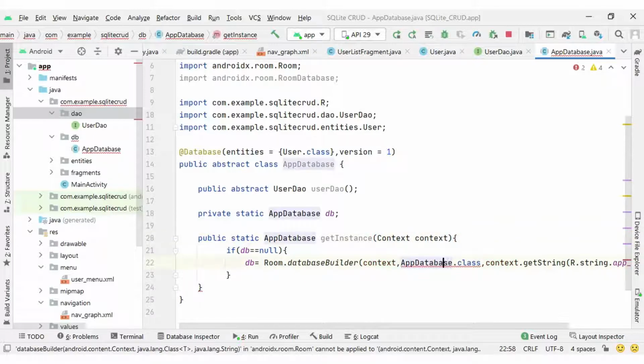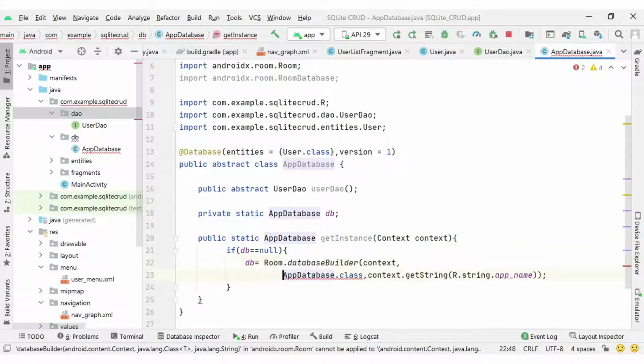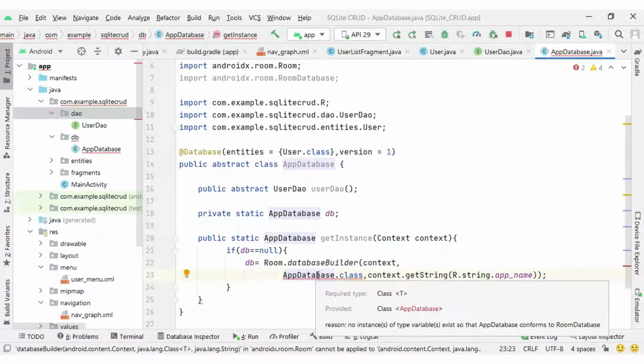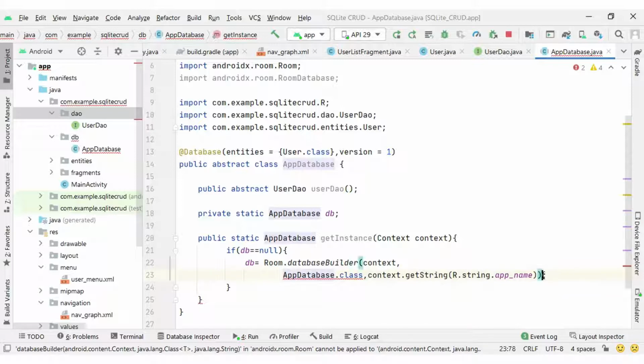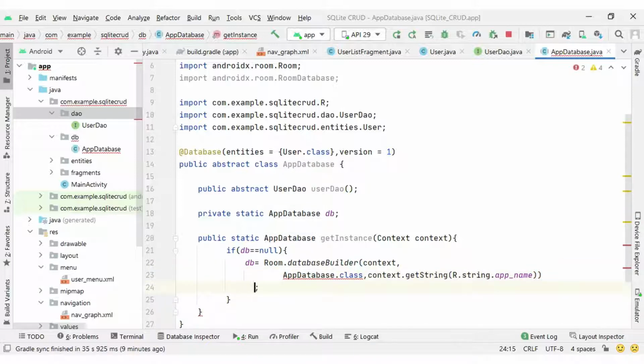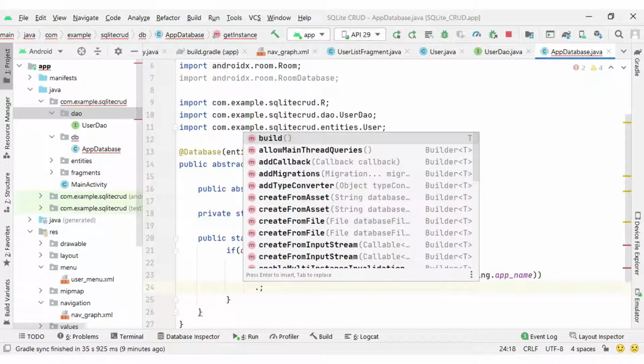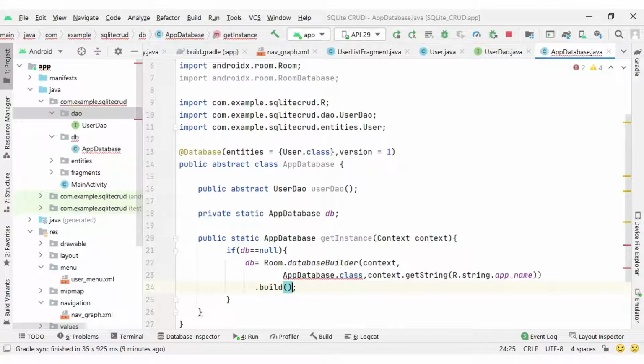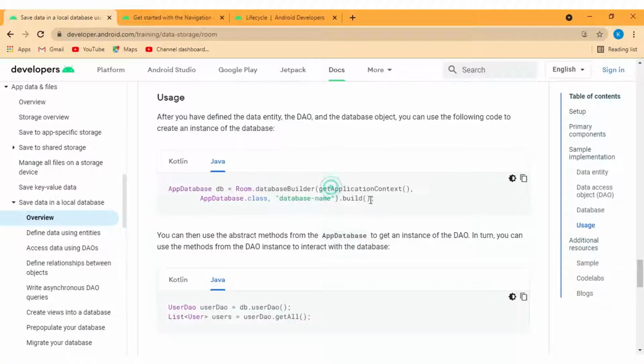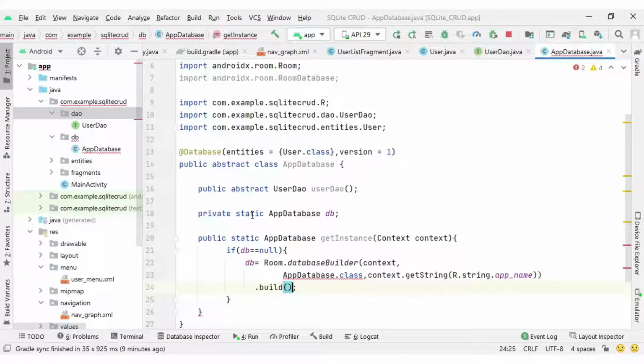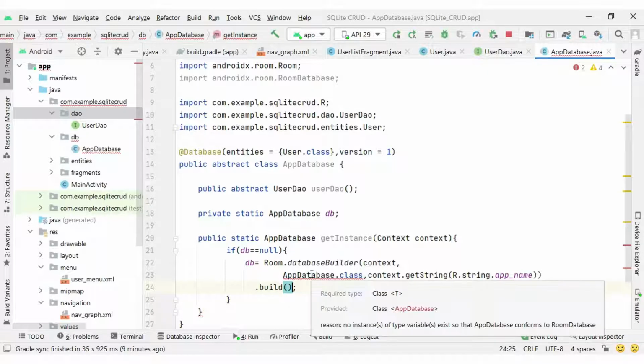Context is ready, and AppDatabase.class is also ready. At the end of this database builder we need to call the build method, and that build method will automatically return an AppDatabase instance, as you can see here. This is the code we need to follow to create the instance of AppDatabase.